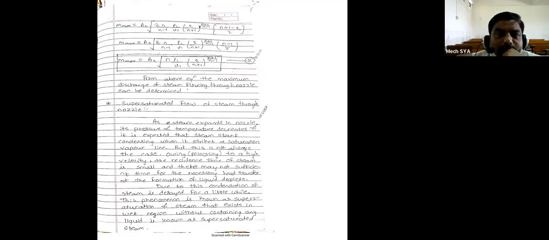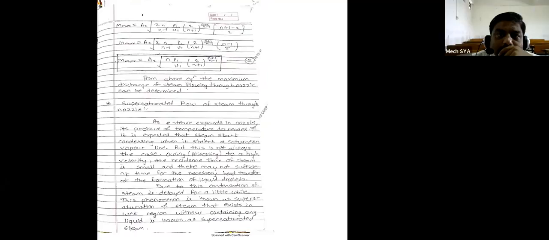2 upon n plus 1 raised to n plus 1 upon n minus 1 minus, this will become what? 2n plus 1. So this will become n plus 1 minus 2 divided by 2, n plus 1 minus 2. So this bracket will become n minus 1 divided by 2. This 2 will get cancelled, n minus 1 will get cancelled. So then this will become m max equal to a2, the throat area, into n into p1 upon v1 raised to 2 upon n plus 1,